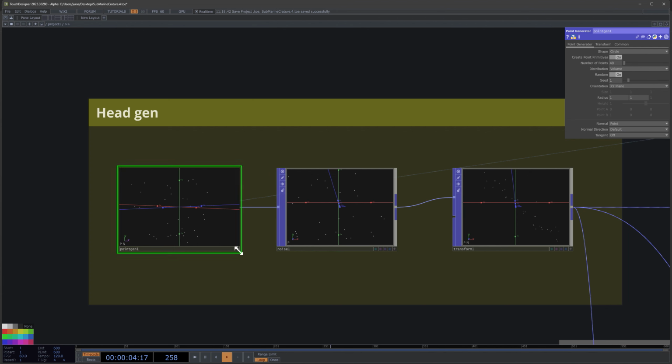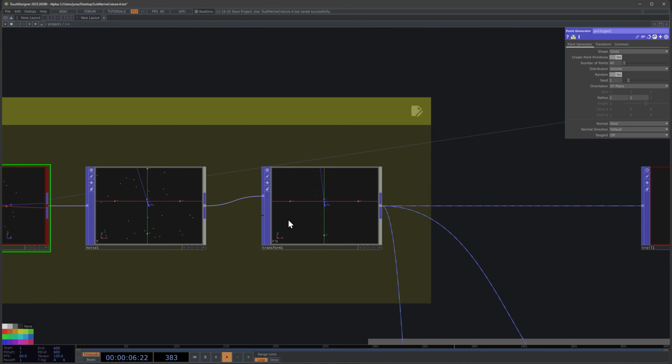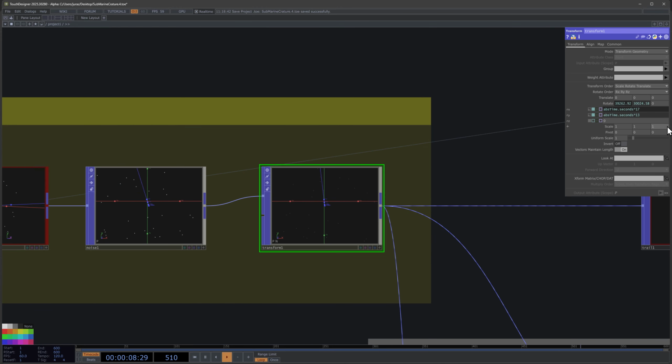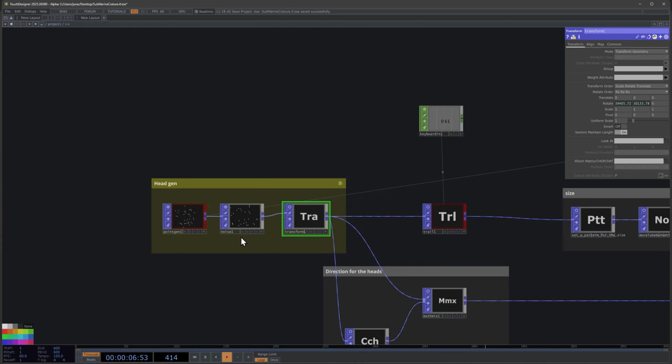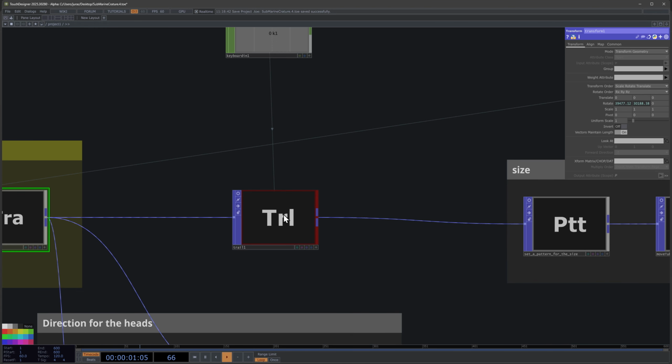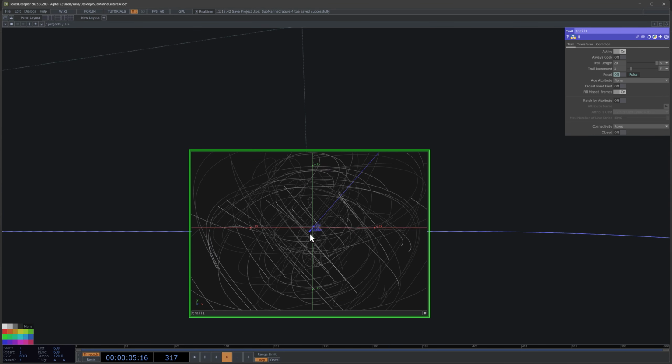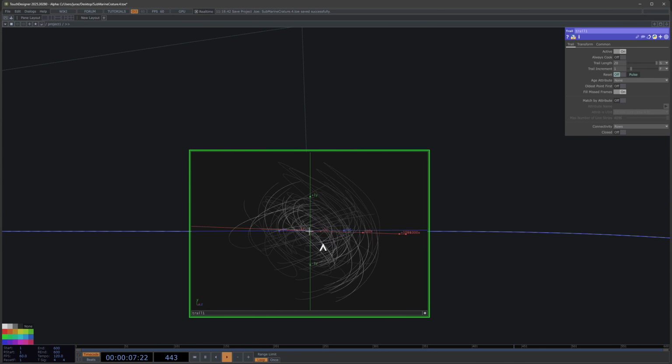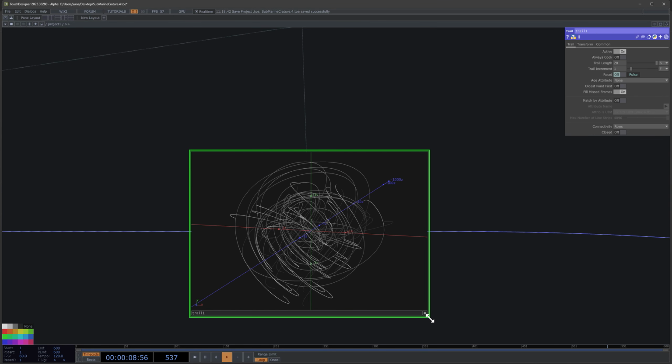Here, they are on the same axis. Then we are rotating them. I'm used to using prime numbers to have the spin be different each time. Okay, then we are trailing those things here. Okay, by trailing them,